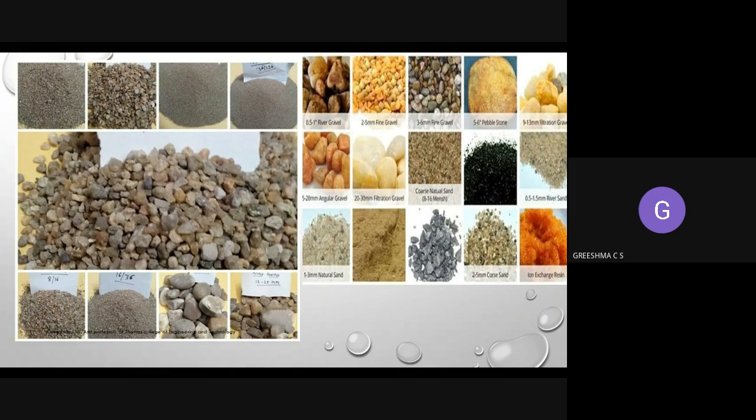You can see different types of coarse material used in our country. In India, we are using different types of gravel. Here you can see we are using river gravel. This is fine gravel, and this is another type of fine gravel, whose size varies. This is 2 to 5 mm fine gravel, and this is 3 to 6 mm fine gravel. These are pebbles, 5 to 6 inches in size. You can also use filtration gravel, that is 19 to 30 mm, and this is the angular gravel. Different types of gravels are used below the sand.